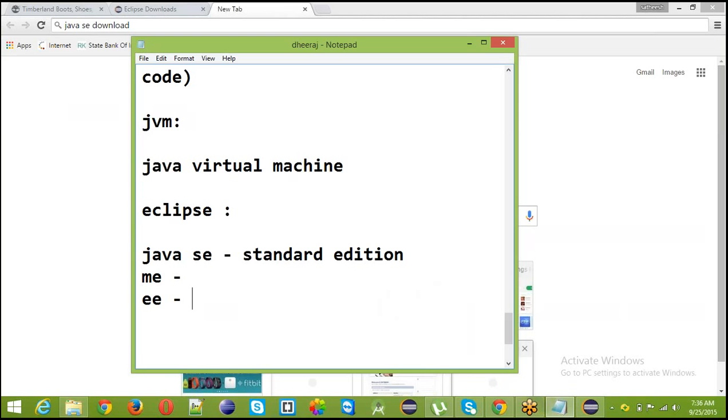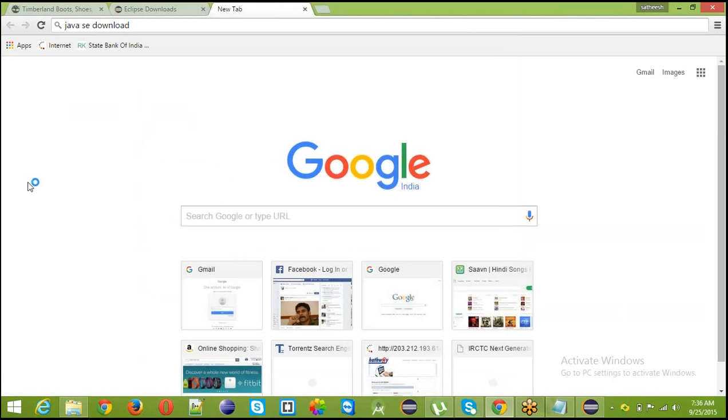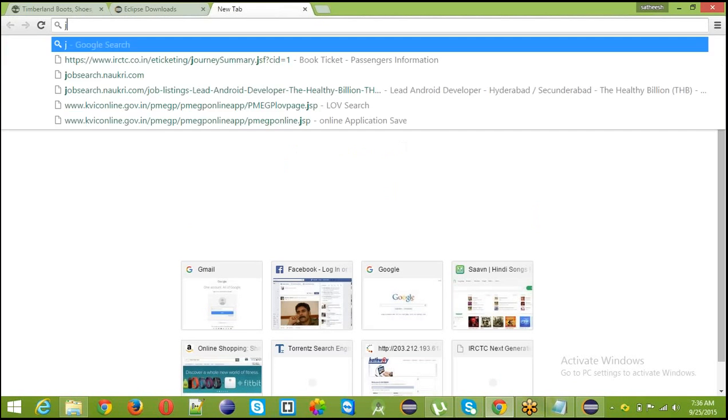These three editions are available, but we are working with only Standard Edition. This is core Java. No need to bother about ME and EE. Just go for Standard Edition. Try with these keywords: Java SE download.